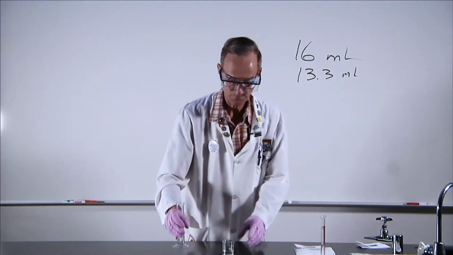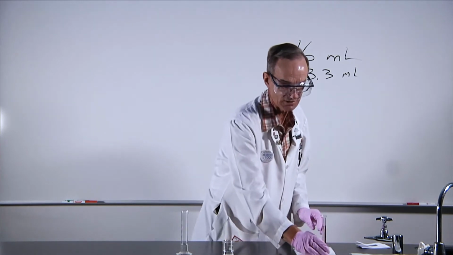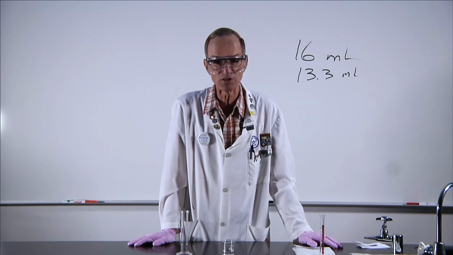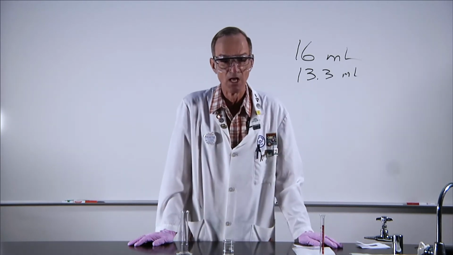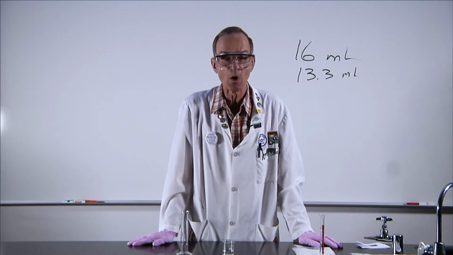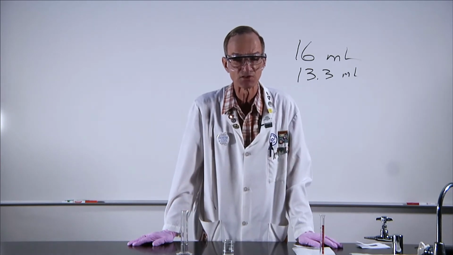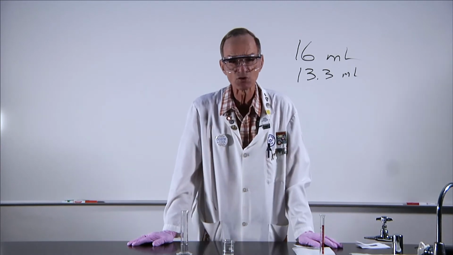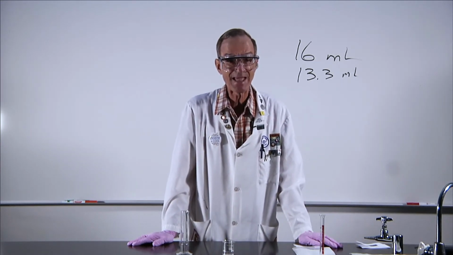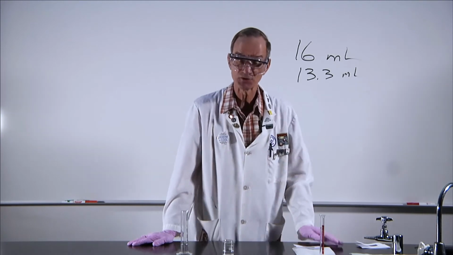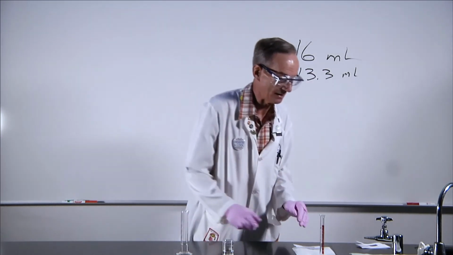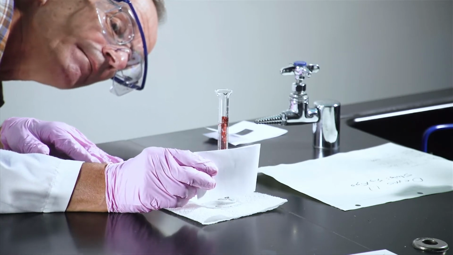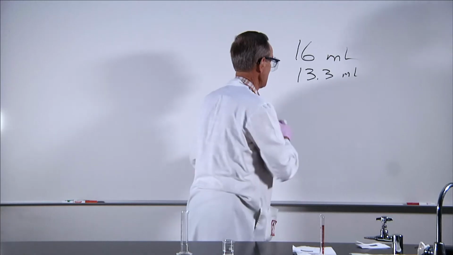Now, our next volume measuring device is a 10 milliliter graduated cylinder. A 10 milliliter graduated cylinder has graduation marks of 1/10 of a milliliter. So I can do an estimation to 1/100th of a milliliter. Now on a graduated cylinder, that's quite difficult to do because the graduation marks are really close together. So there's quite a bit of uncertainty in that last digit, just like there's considerable uncertainty in the last digits of these. This one is more difficult to read, and I get 4.88